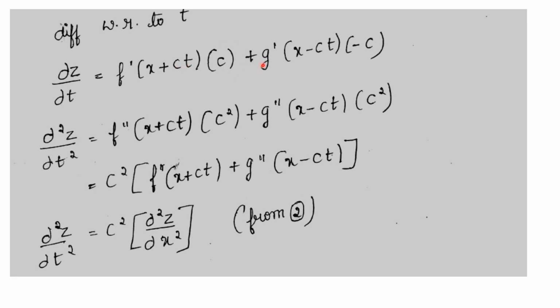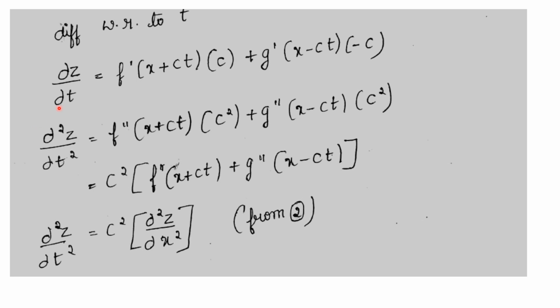Plus what is the differentiation of g of x minus ct? I am differentiating my given equation now. So differentiation of g of x minus ct is g dash of x minus ct into differentiation of x minus ct, which is 0 minus c, with t with respect to t being 1. So 0 minus c is equal to minus c, so into minus c. Since you have two functions, we have to differentiate this once again partially.